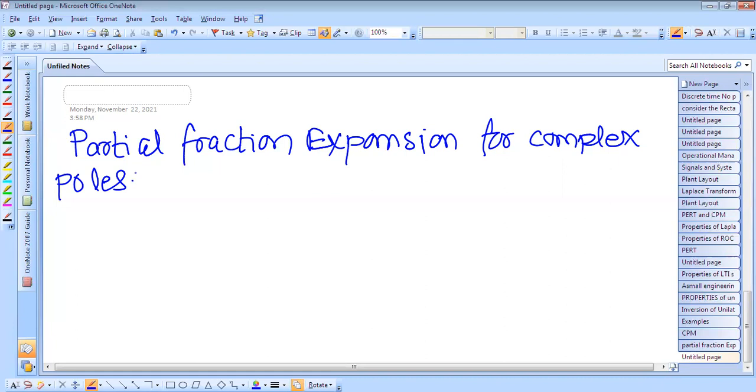This is accomplished by combining all the pairs of complex conjugate poles into quadratic terms with real coefficients. Suppose there are